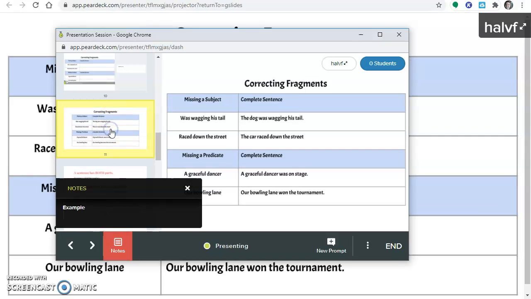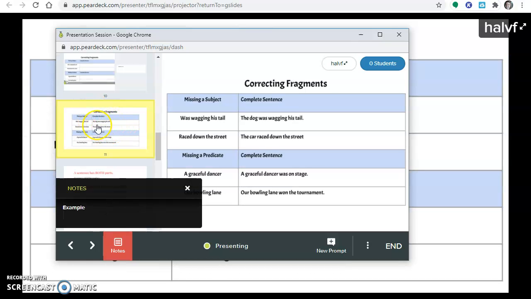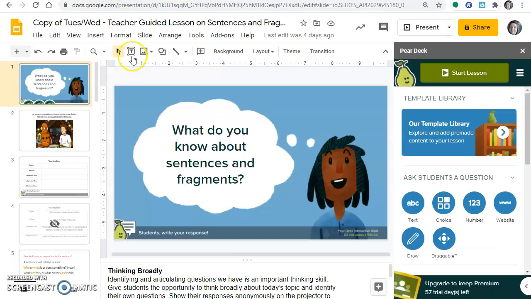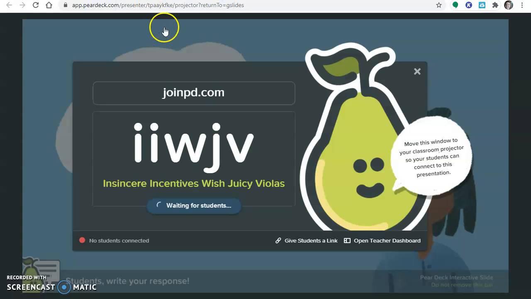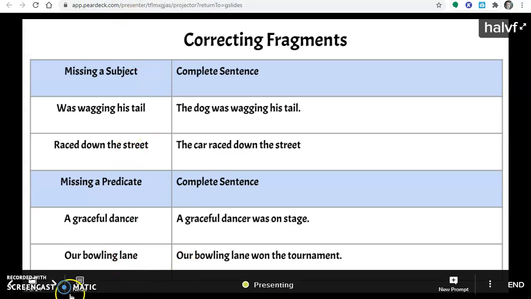Like this one too, this slide, I would go in and delete it. When the slide's open right here, you can just right click and hit delete and you can get rid of the slide. It's easy to do. So I hope that helps. Okay,